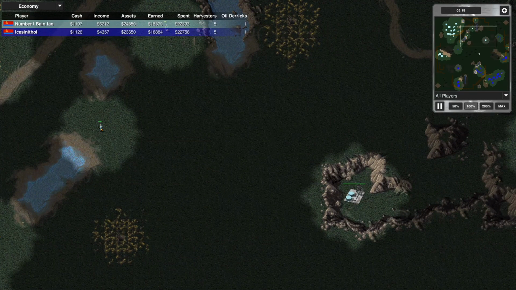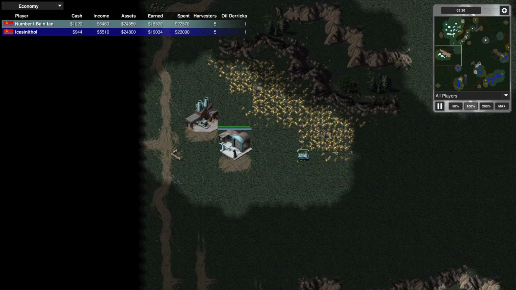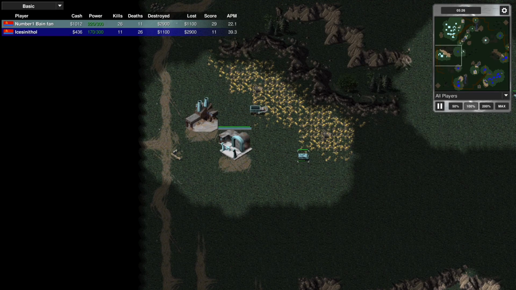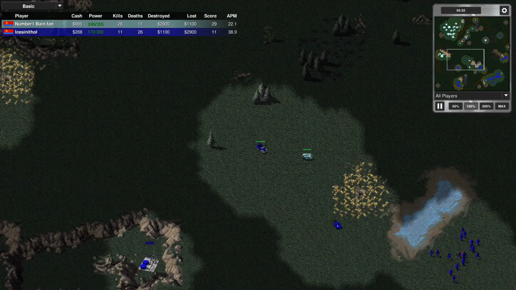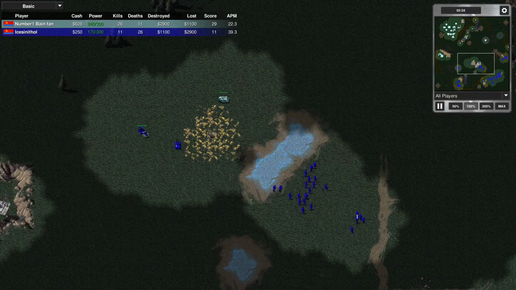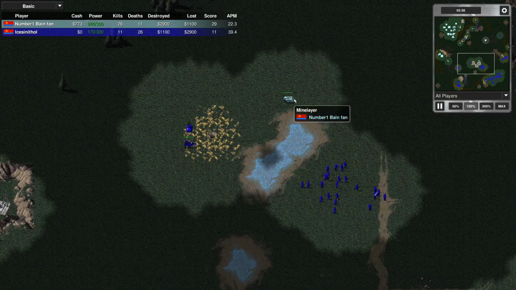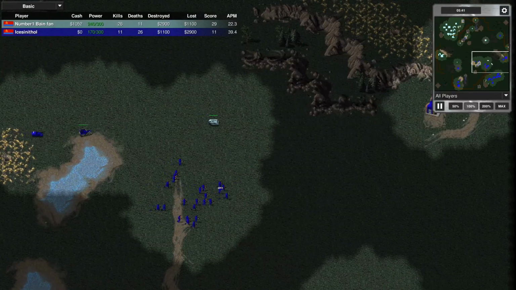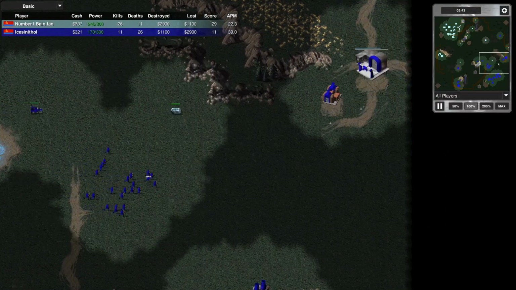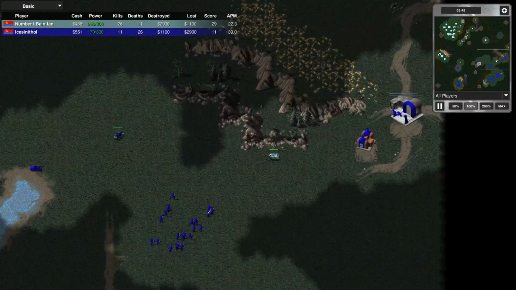Both players on 5 harvesters and 1 oil derrick. Cotton ahead by about 1,000 income, and Iceinithol leading in actions per minute, 39 to 22. And that is a mine layer from Cotton. The mine layer and the APC look very similar. He's going to mine that expansion point, but